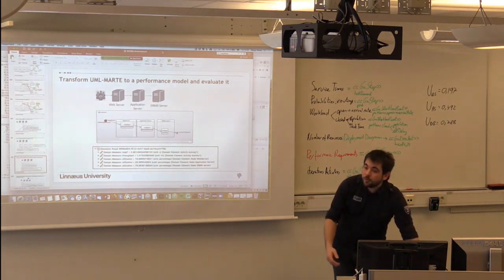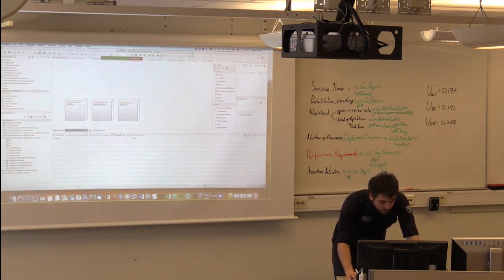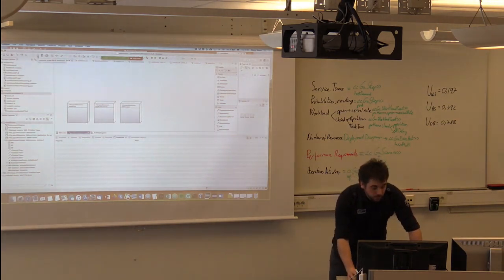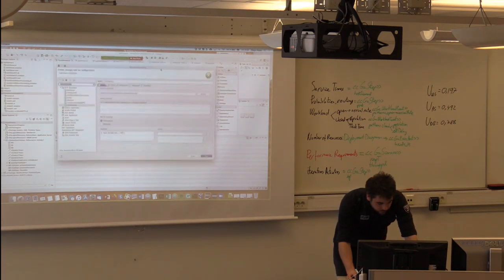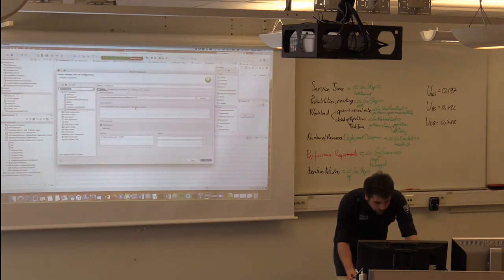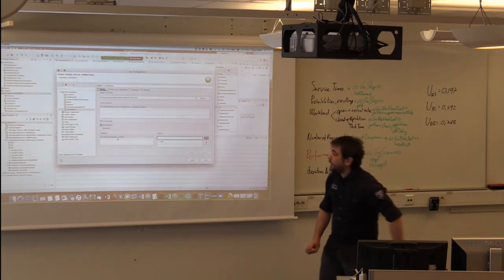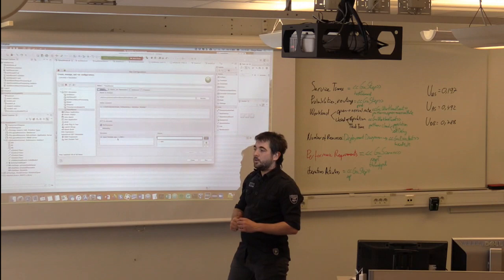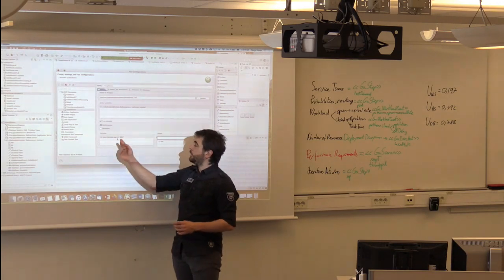So there are tools which do this. And from the UML, you can get this kind of results. I have one of them installed, the DICE simulation tool. And choose which is the scenario we want to execute. And there is here a variable. Before, when we saw the workload, it was defined like 200 seconds waiting, and the population was $1 pop. And I said, this is a variable. Well, we can define